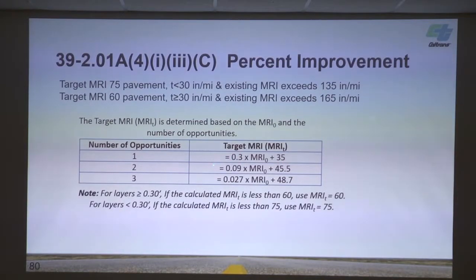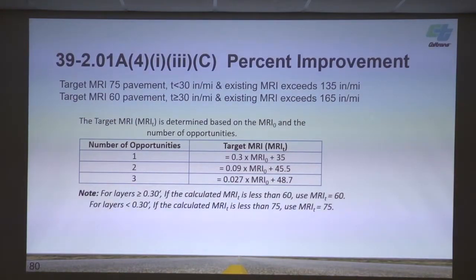My target value is going to be 200 times 0.3, which is 60, plus 35, which is going to be 95. So that target value that we had of 75 now just got raised up to 95. If we had two opportunities, I'll have 9% of 200, which is 18, plus 45, which is 63. It ends up being less than 75, but it's going to bottom out